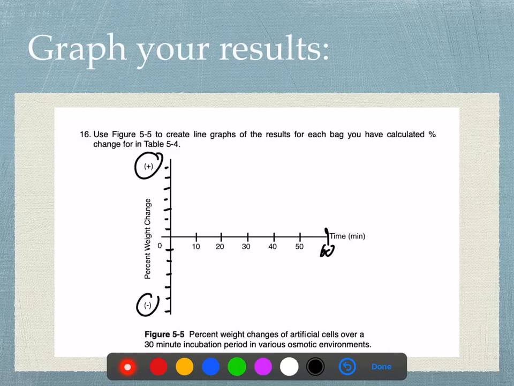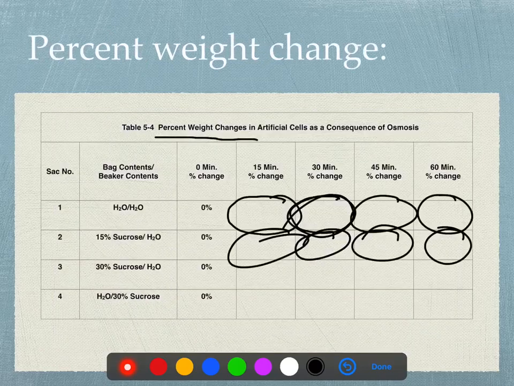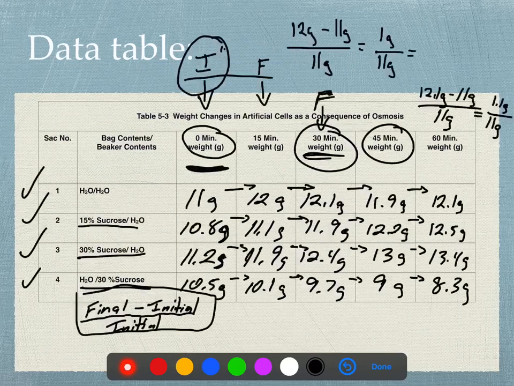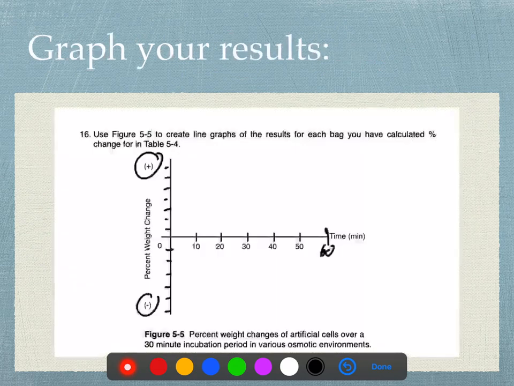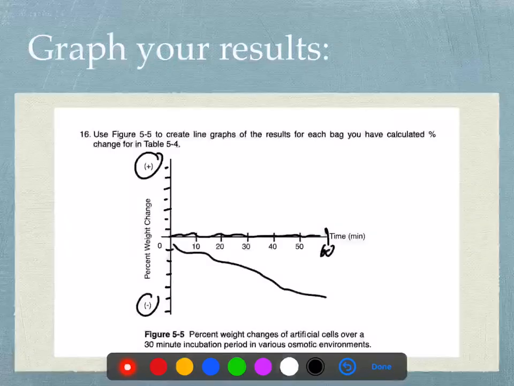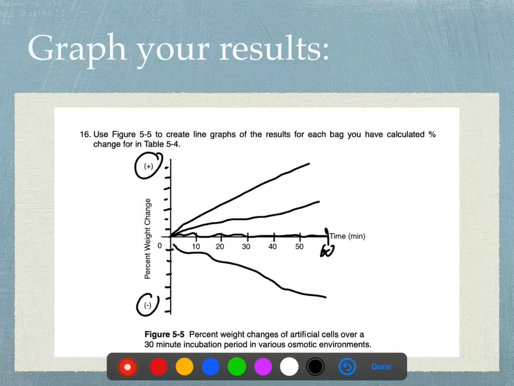Why do we have a positive and a negative? This graph maybe looks a little strange to some of you. Well, I'm going to go back and I want to show you why. Do you see that bag number 4 is losing mass? Right? So this bag is probably going to show something like this. Whereas bag number 1 is not going to show much change in mass. Bag number 2 is going to come up a little bit, and then bag number 3 should come up more than bag 1. So this should be bag 1, bag 2, bag 3, and bag 4 will be down there,